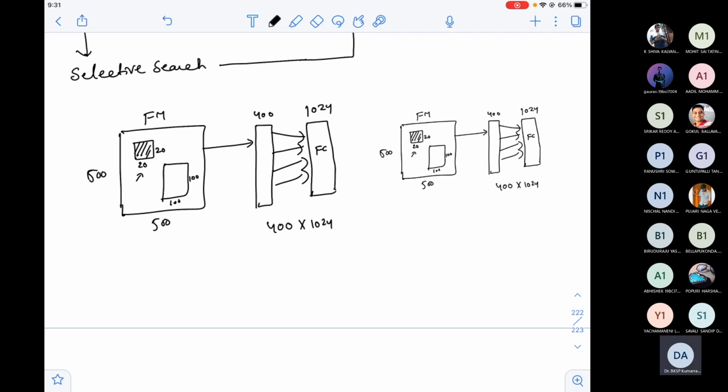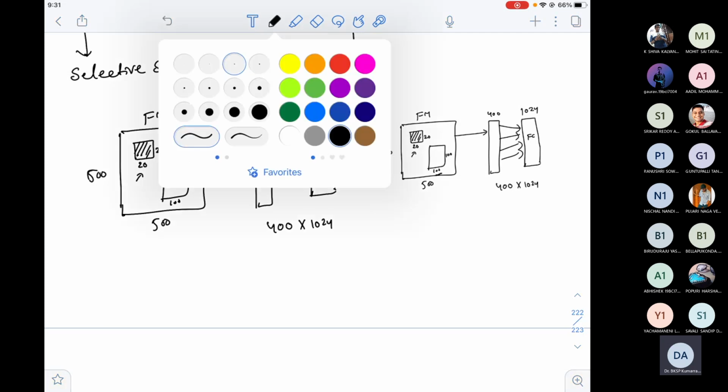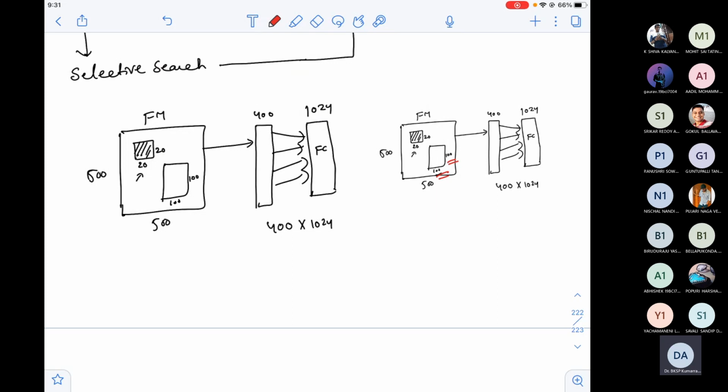So now what I have to do is, this time I have 100 cross 100. Now when you pass 100 cross 100, definitely it will be a very, very huge size. So the size is different. So what? Now the number of weights will be 10,000 cross 1024. For the first box, the number of weights between the proposed box and the fully connected layer one is this one, and for the second box, the weights are this.